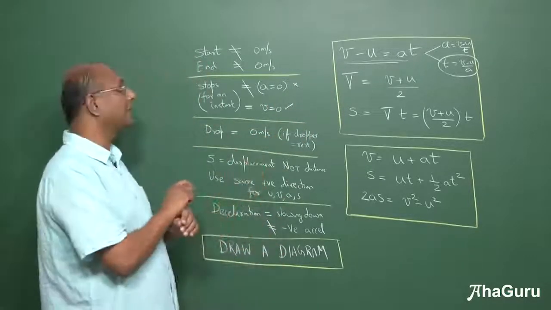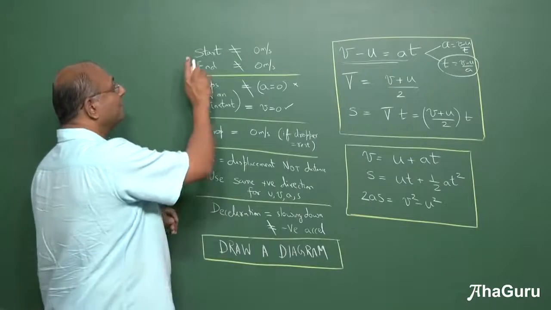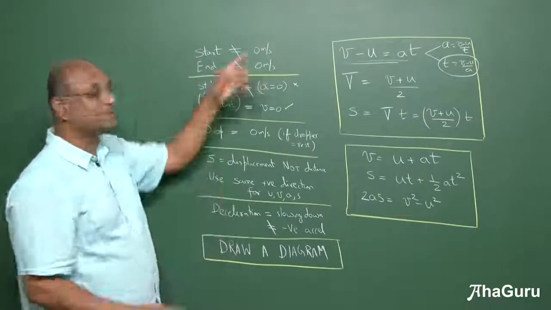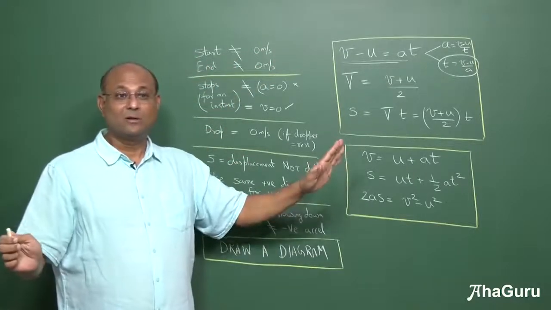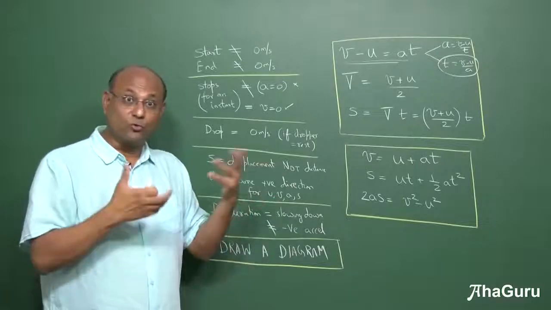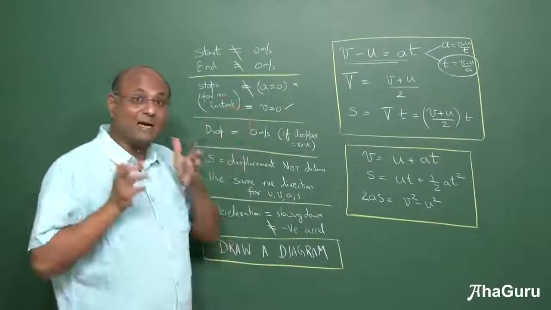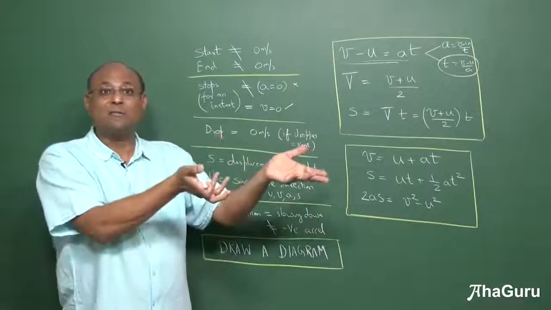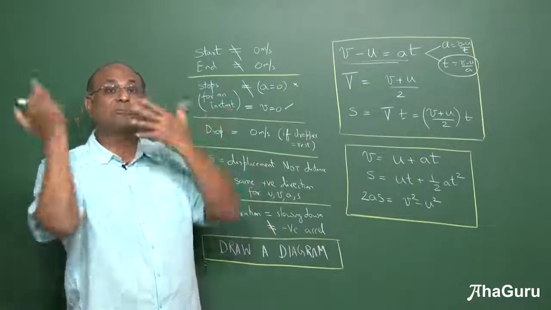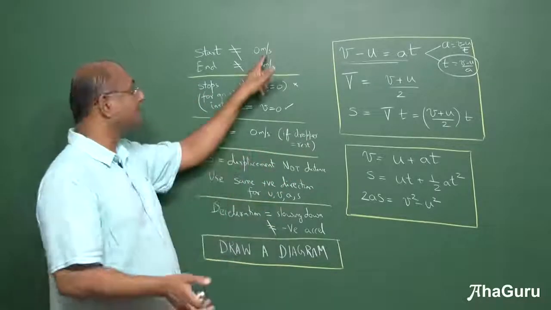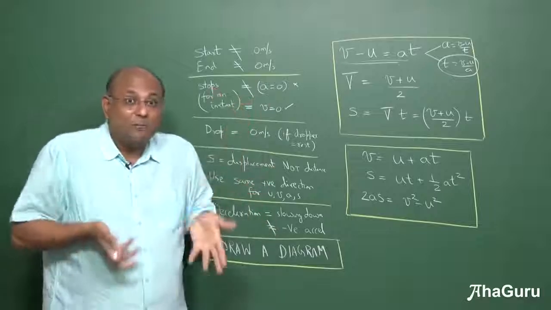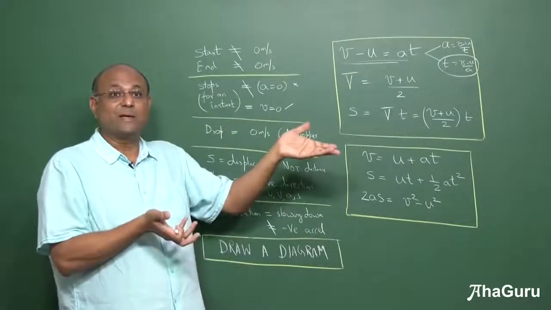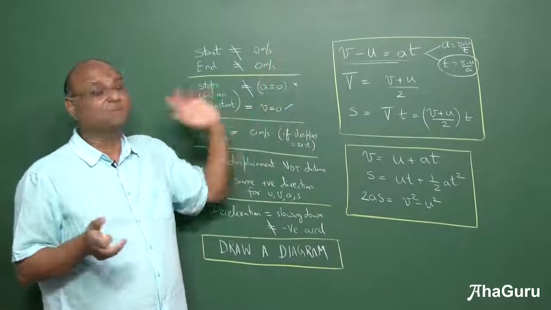I have a few points that I want you to remember. When you start your motion, your velocity may not be 0. You don't have to start from rest. You could start from rest, but you can also start with a velocity. How is that possible? Well, whenever I start observing, you already had a velocity. Start doesn't mean start of motion. And there's no concept that in the beginning you must be at rest. I am on earth. Earth itself is moving. So the idea that we are at rest itself doesn't make much sense.